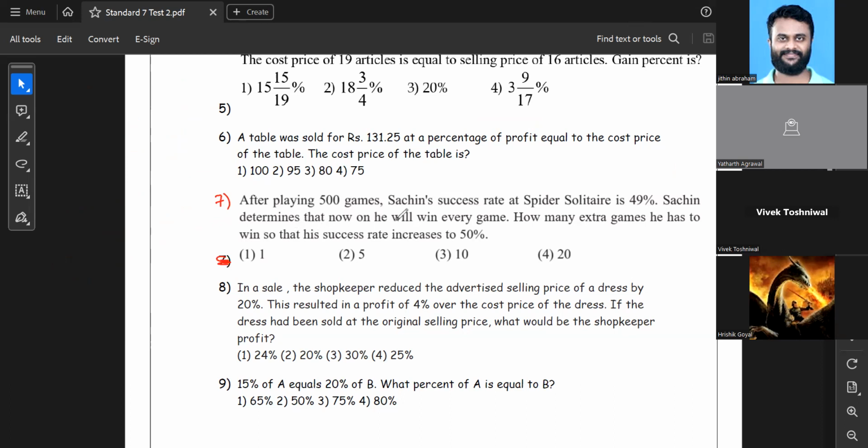After playing 500 games, Sachin's success rate at Spider Solitaire is 49%. Sachin determines that now he will win every game. How many extra games does he have to win so that his success rate increases to 50%? After 500 games, his success rate is 49%, so the games he won is 49 upon 100 multiplied by 500 games. So these many games he has won. When you cancel, you will get the answer to be